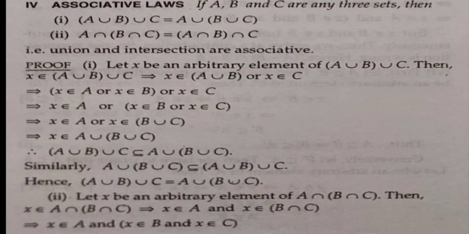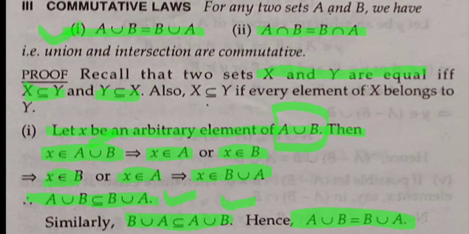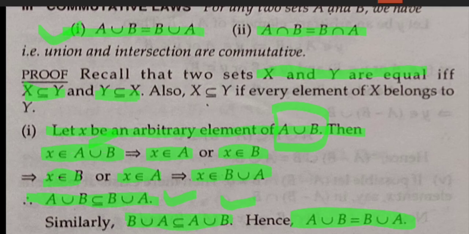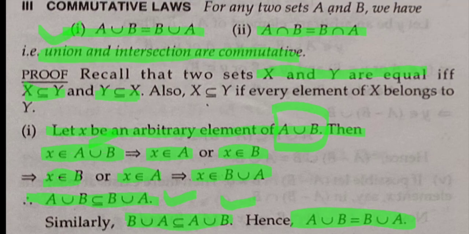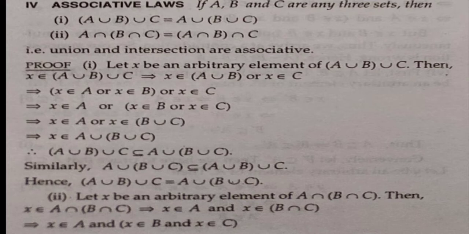Now we move to the second one, for intersection. Similarly here, intersection is as compared to union also. Therefore already we have written here what? Union and intersection are commutative. Similarly you go for intersection also. Next we move to